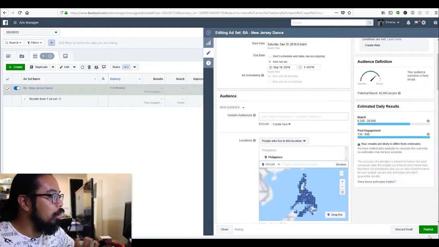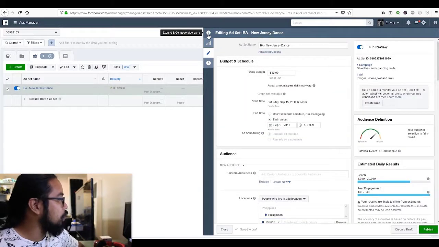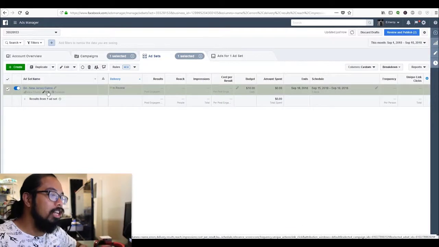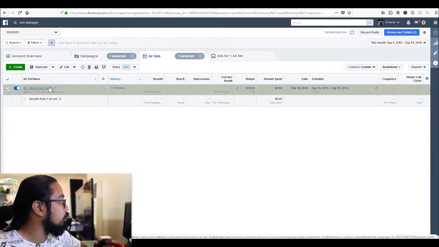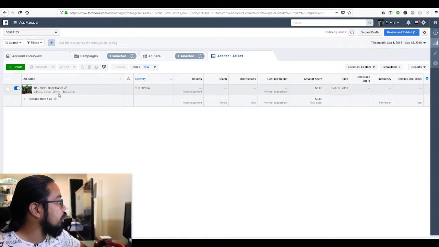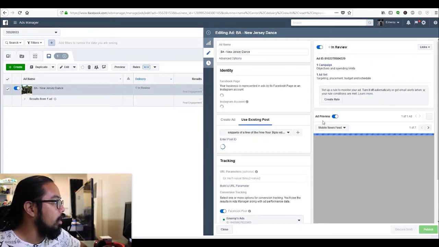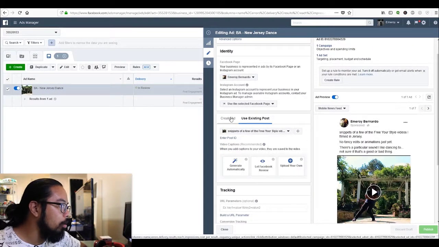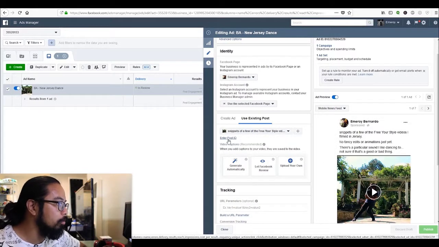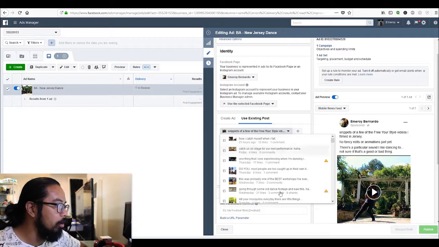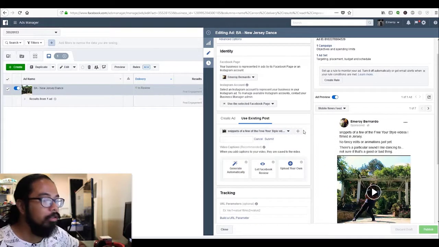Those are examples. From there, hit publish. That's how you can make some changes and modifications to the ad spend and the budget and the location. Now, what if you want to change the creative? Click here, okay, edit, and either create the post, get the post ID from another Facebook post, or select from here. Same thing, publish, and you're good to go.